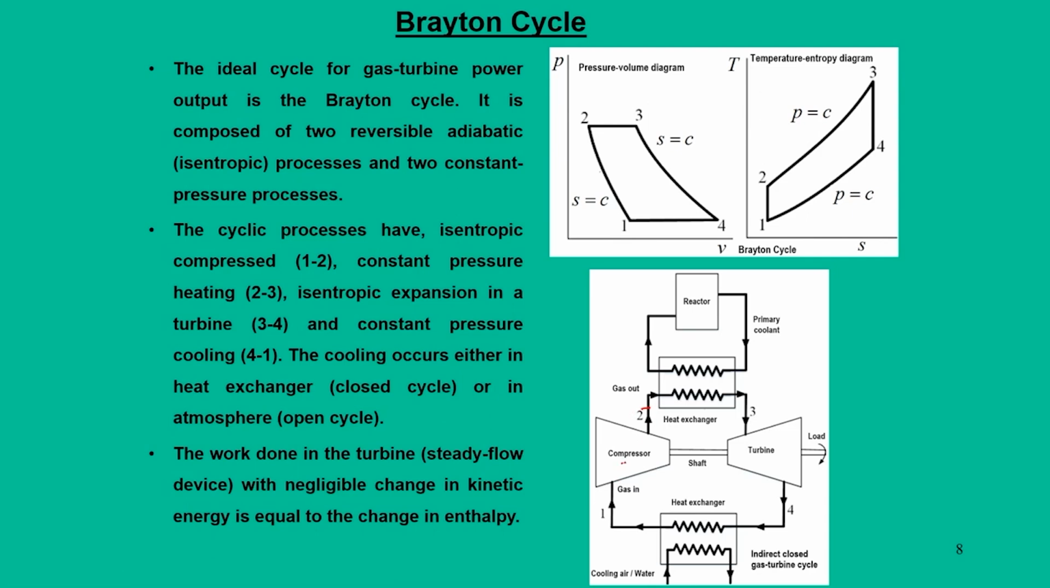So, this process is called the compression process, that is from 1 to 2. Here pressure shoots up and it is an isentropic process. Then from 2 to 3 it enters a heat exchanger where heat is added to the gas, that is we say Q in. So, Q in is the process 2 3. It is a heat addition process at constant pressure,